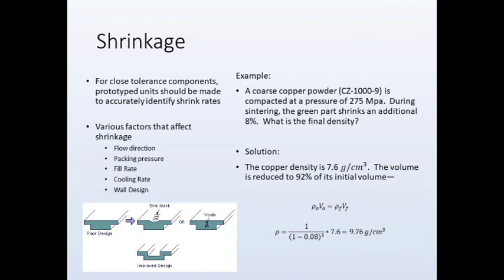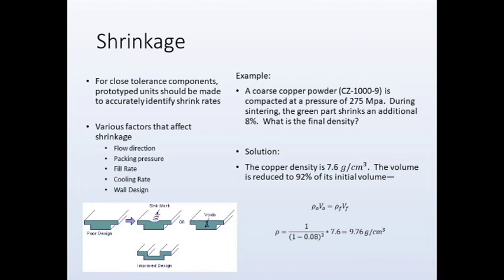Shrinkage often happens whenever a green part is sintered. We want to help avoid shrinkage by improving our design. We try to keep as many voids out of our designs as possible. For close tolerance components, prototype units should be made to accurately identify shrink rates. There are a lot of factors that play into what causes shrinkage. A lot of it can be flow direction, packing pressure, the incorrect fill rate, rapid cool rates, and again, wall